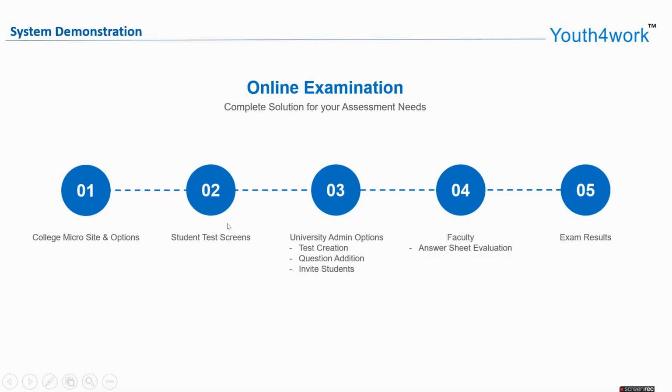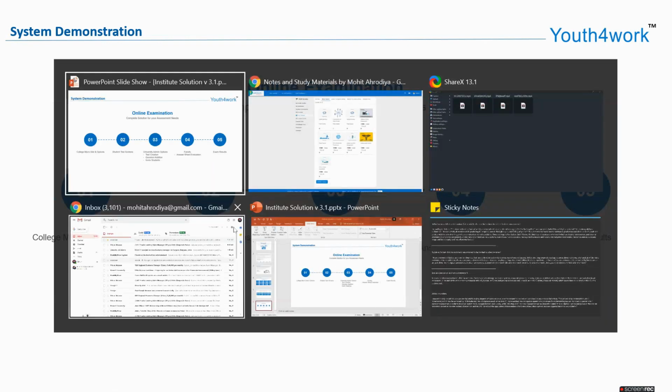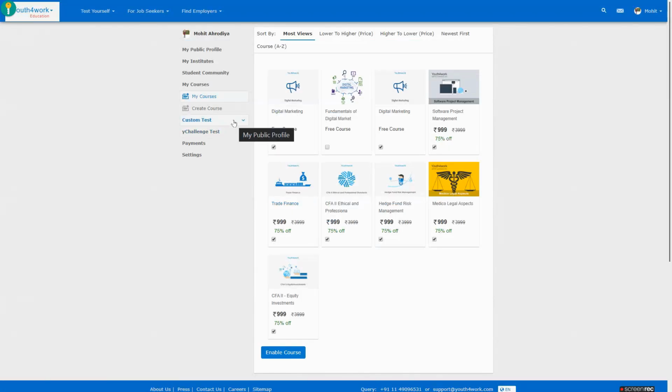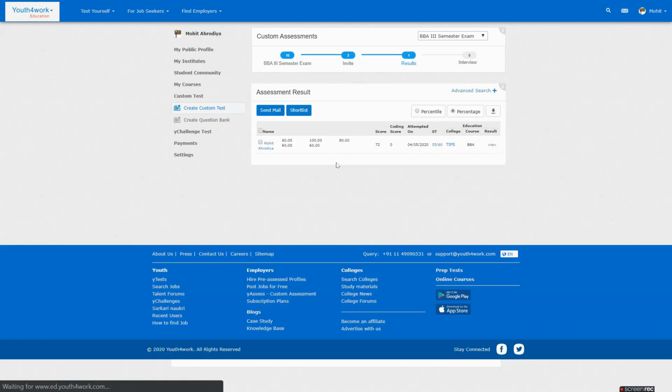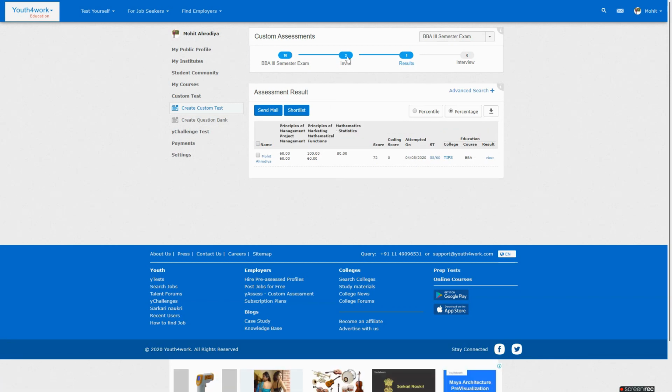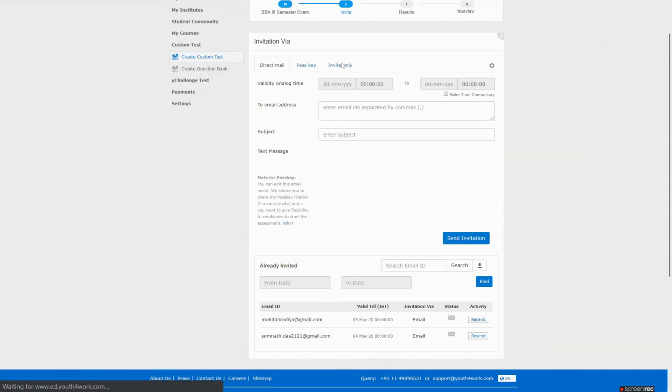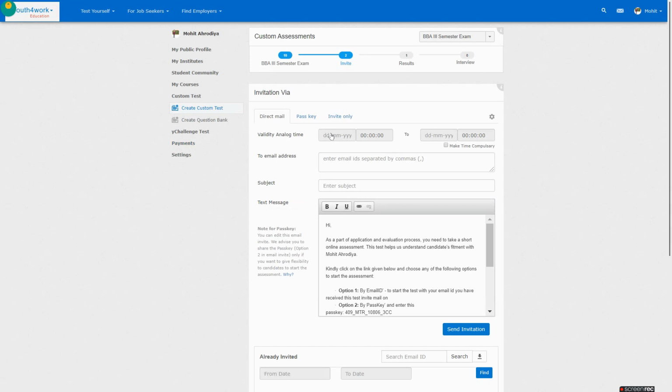So now I'll take you to the second step of the demonstration, where I'll show you the student test screens, how it looks from a candidate's perspective to take the assessment. For that you need to go to custom test and click on create custom test. Then select the name of the assessment that you want to invite the candidates for, and then click on invite. And from the invite section you will have to select a validity of the assessment, give the email address of the candidate,